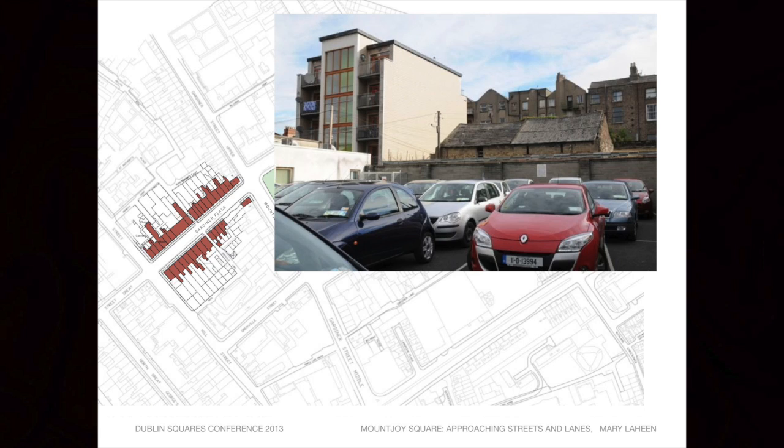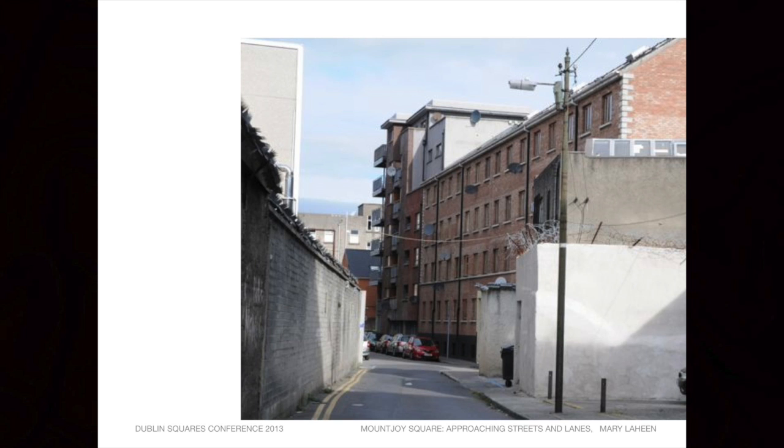In front, this is a surface car park for the Mater Hospital. There was also a planning permission, that thankfully wasn't built, for a 16-metre high parking garage without windows or openings that was to be built on that site opposite that apartment building and about 6 metres away from it. So we can be grateful to the recession for some things, though it may not have been the recession that caused that not being built. Here is Kelly's Lane, further down at the back of Upper Gardner Street,